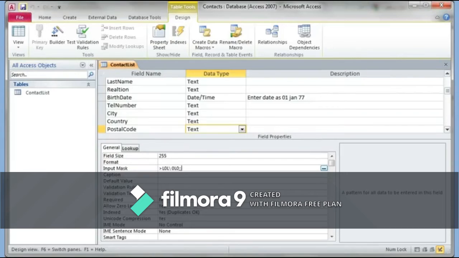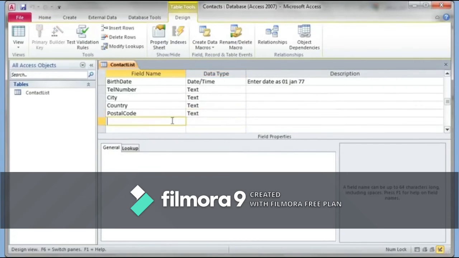I can hit save if I wanted. It's a good habit to be in. Now I'll just do maybe one more, and I'll just create a section called notes,